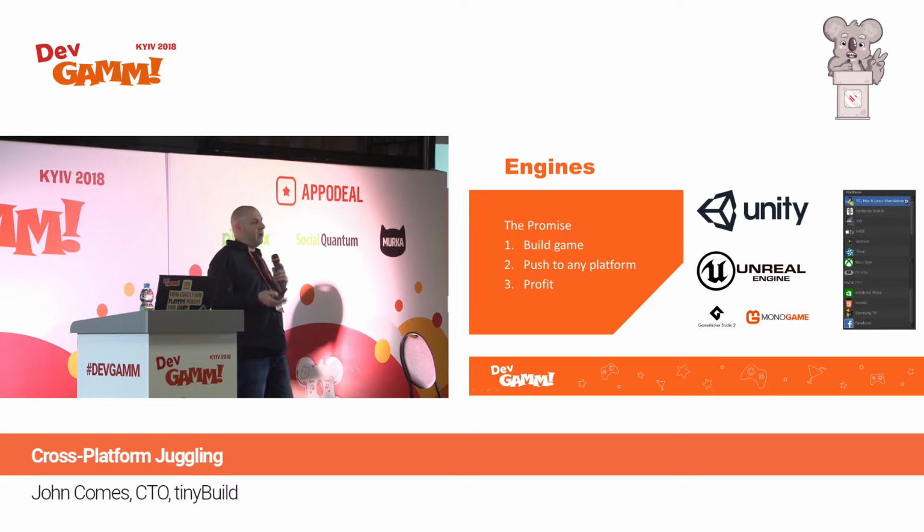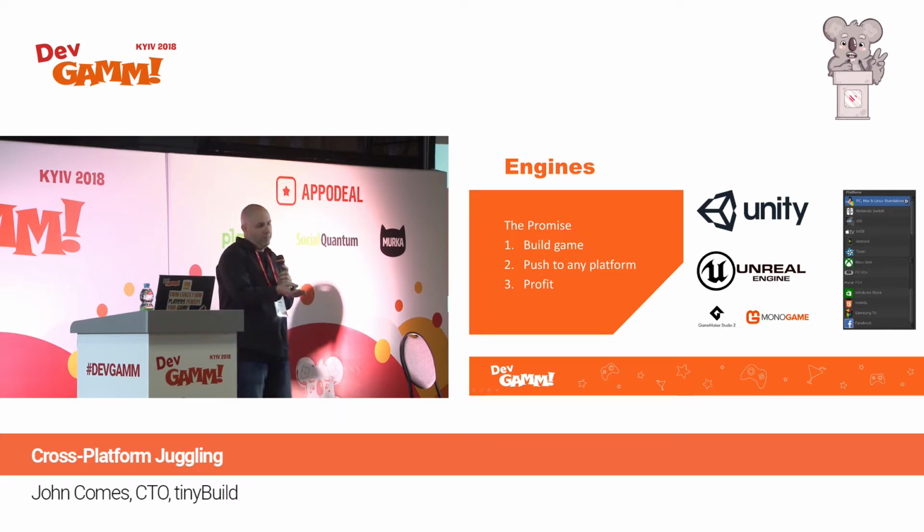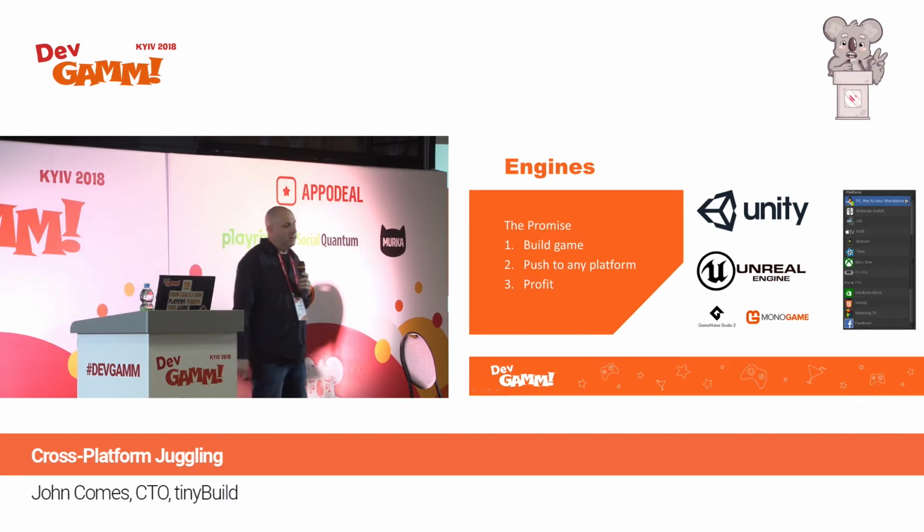You build a game in Unity, and I listed it right there, like, oh wow, I just need to push a button, and I can put it on the Switch. And I can put it on the Xbox One. It's super simple. I don't have to worry about any of that stuff. And I push the platform, and you get profit, and you win. That's what they promise. Fortunately, reality is a little bit more complex than that.